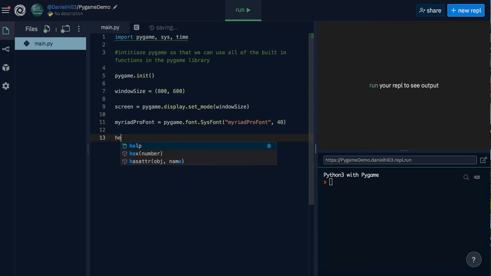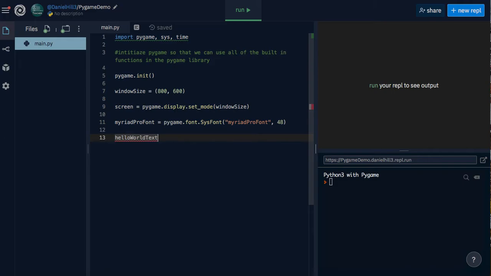Okay, so let's create some Hello World text. I often include a word like text or image with my variable names, just so I know whether I'm creating text or whether I'm creating images. As we start to develop more types of objects throughout these tutorials, it's useful to have good variable names so that we can identify things when we're debugging. So this is a type of text that we're creating, and